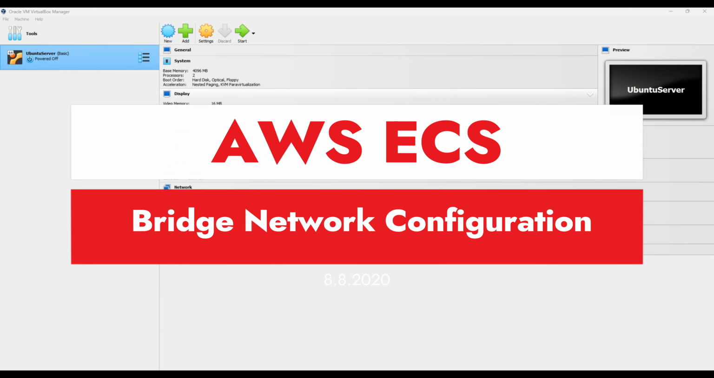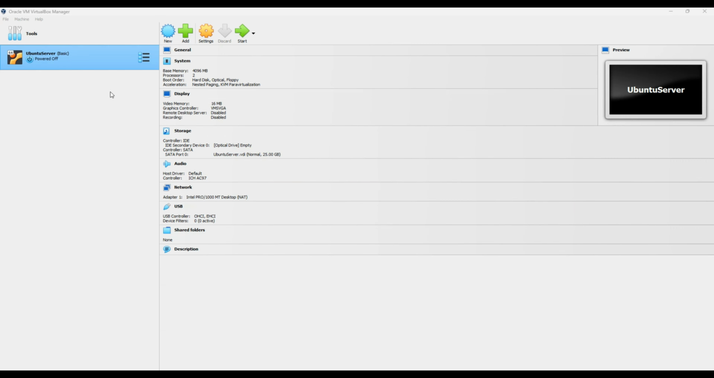In this session right now, let's talk about how to configure bridge network for virtual machine in Oracle VirtualBox. If we try to create a virtual machine on this, by default it will be using a network called NAT. Now if you want to configure bridge adapter for this virtual machine, select the network, or we can use settings